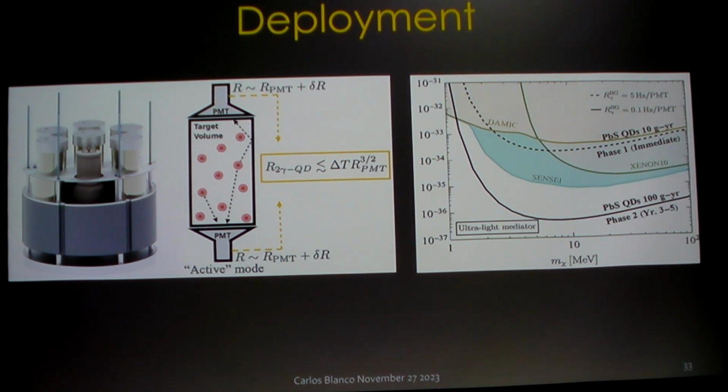And it's going to be deployed in two phases, an intermediate phase, which is this totally background free phase where we characterize, and then we deploy it 3 years later, and the expectation is that we'll outdo pretty much everything in the field for sub-GeV dark matter.